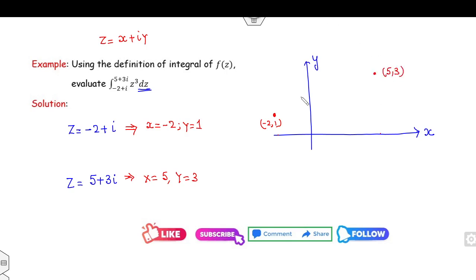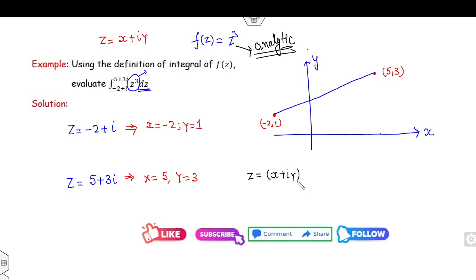So your target is to find the curve of this case. Fine. Now, what is my function is? Z cube. And we all know this is my analytic. Fine, because you may start them, you can substitute the value of x plus iota y. So then your integration will be x plus iota y cube and then dx plus dy. Then you need to open the a plus b whole cube, and then you can take an, but